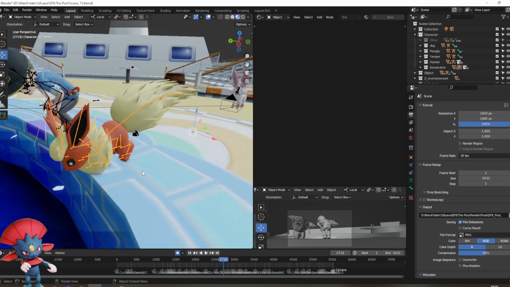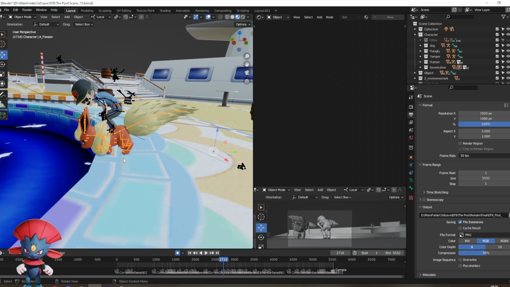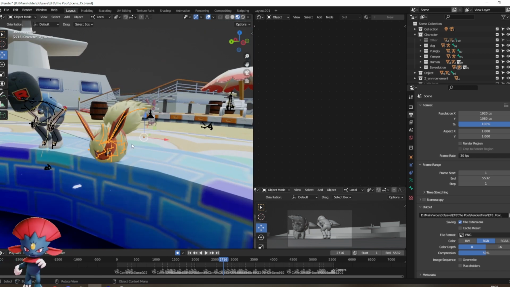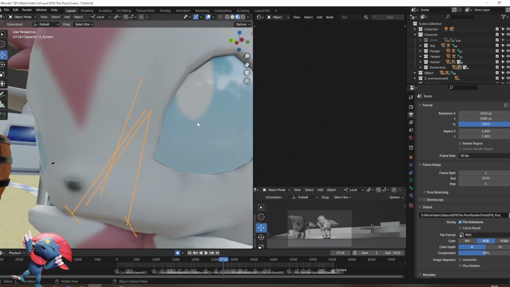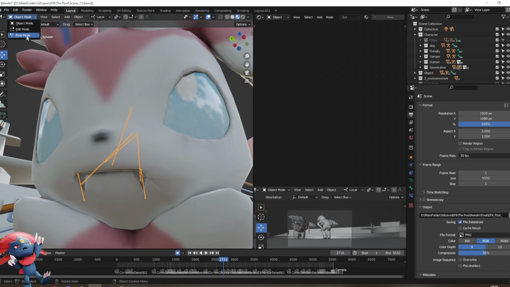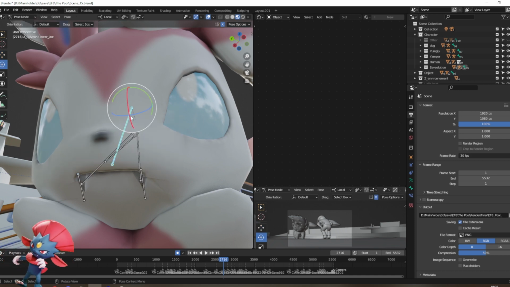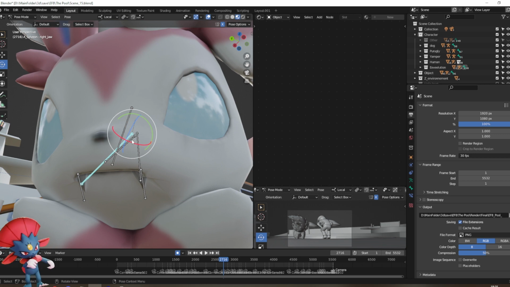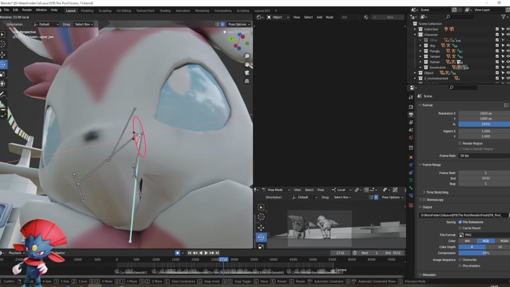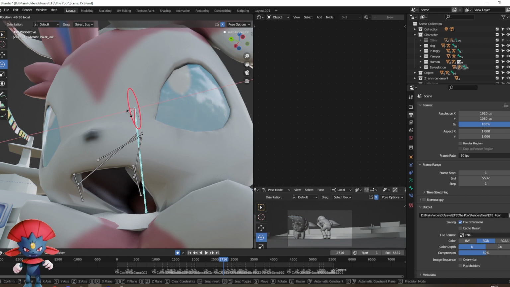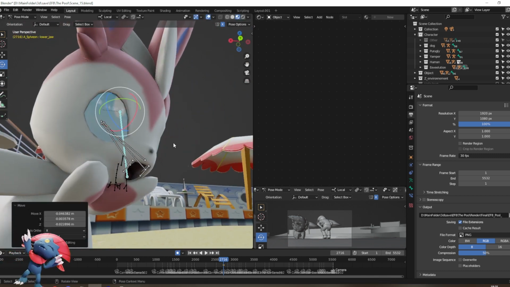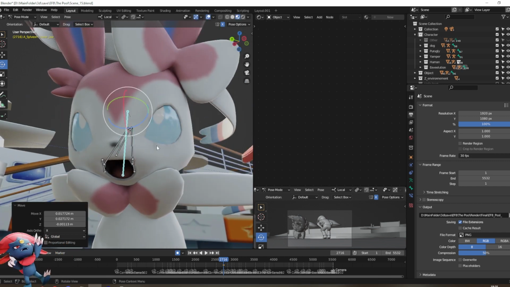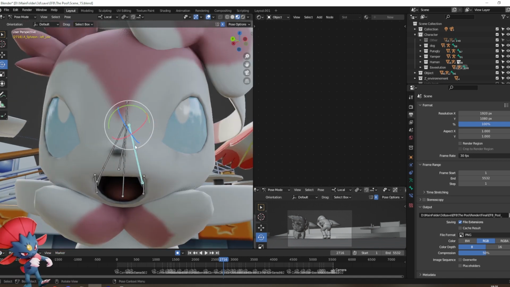You have probably noticed that almost all the Pokemon have some new eyes and new mouths. They look more 3D, because it is 3D now. Here, if I show you, this is the mouth, and this is the rig. So if I want to open the mouth, I do this. So this is the Pokemon Legends Arceus model. Almost all the Pokemon in this game use 3D mouths and 3D eyes.